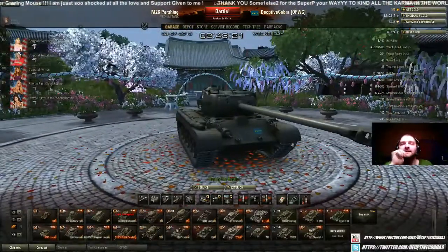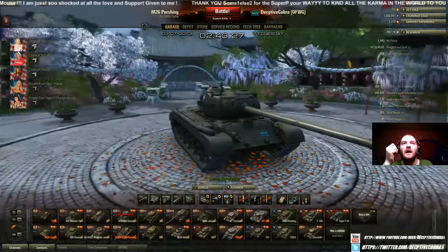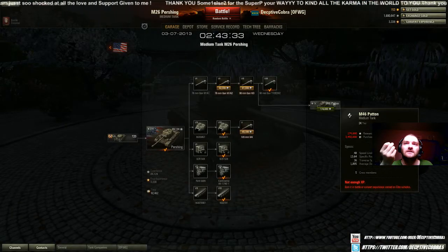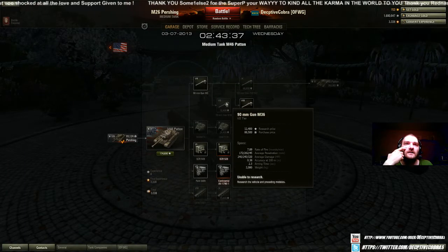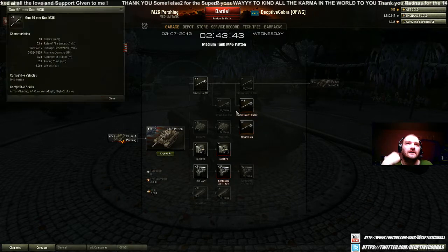I used to hate this tank. I'm not gonna lie, I used to hate this tank with a passion. This tank has actually grown on me. As you can see, I've unlocked everything. I'm in the process of getting the Mark 46 pattern. And on the Mark 46 pattern, I damn near have almost everything unlocked, with the exception of its version of